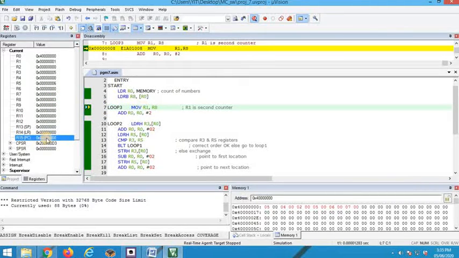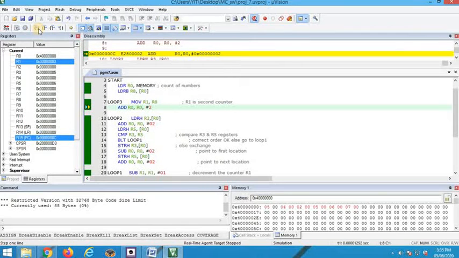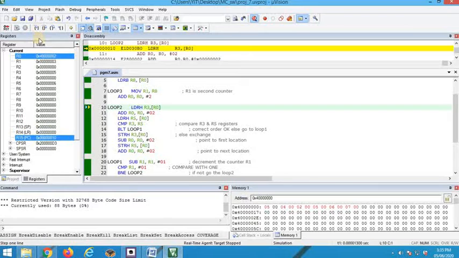Move R1, R8. What is there in R8? 3, which is loaded to register R1. R1 also becomes 3. Next, add R0, R0. Where R0 is pointing now here, but we want it to point here. That's why it is incremented by 2. That's it. Now, what is R1 value? 3. That means in this particular pass, there are going to be 2 comparisons.